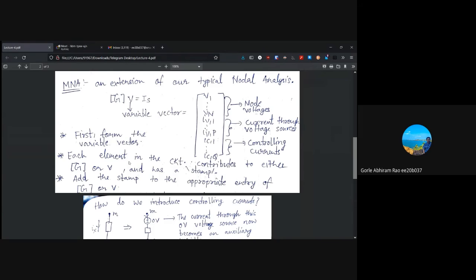And when we want to set up these MNA equations, what we do is look at the stamp of each element and then add all of these stamps. The individual contributions are just added up, and this can be done because of the principle of superposition for our linear network. We just add all these stamps and get our modified nodal analysis equations.